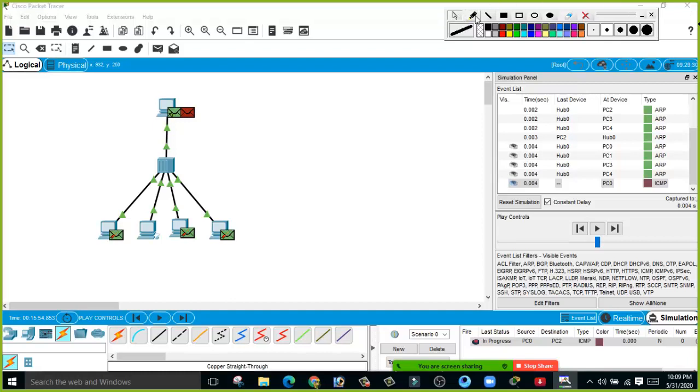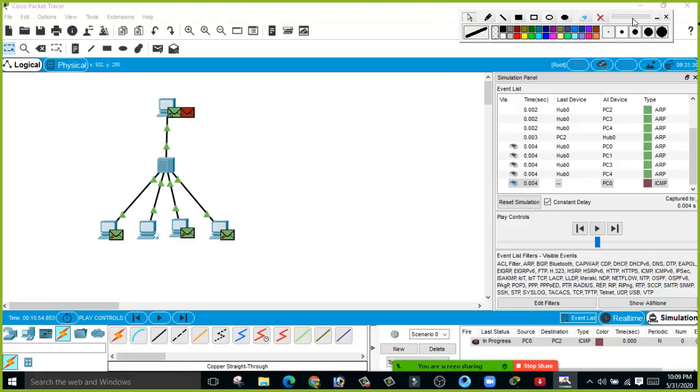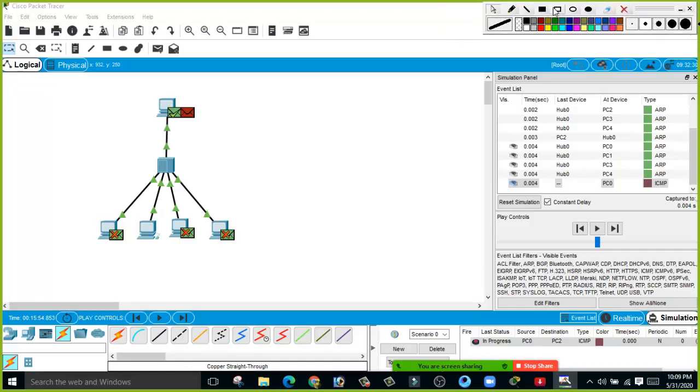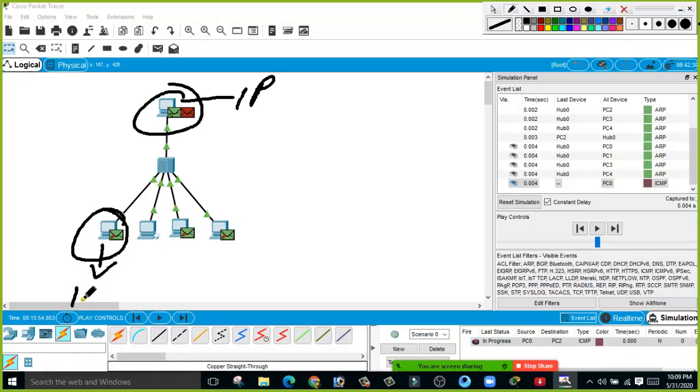Is there any difference between IP and MAC address other than a logical address and a physical address? The logical address is an address that we assign from our side. The IP address we assign from our side, but the physical address is already there in a device. You cannot assign a physical address from your end. It is a unique ID of a device.